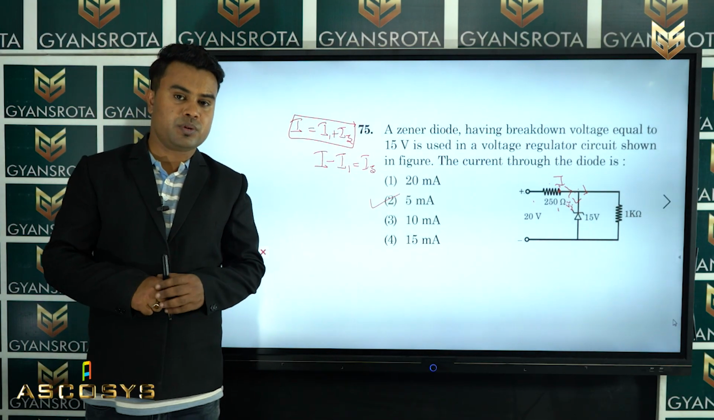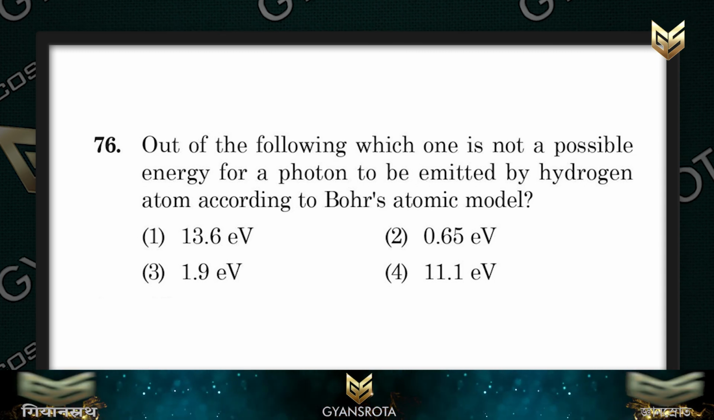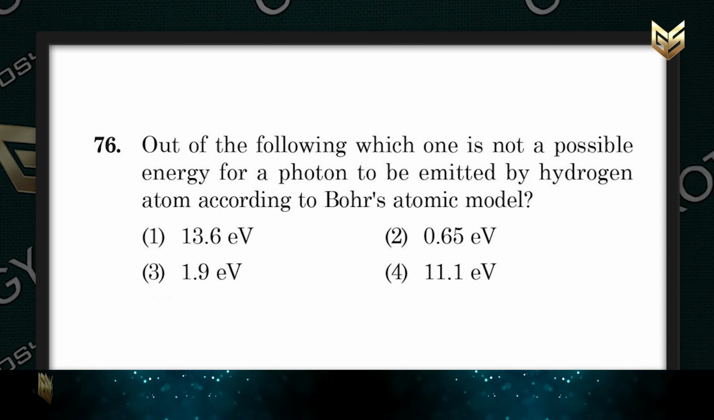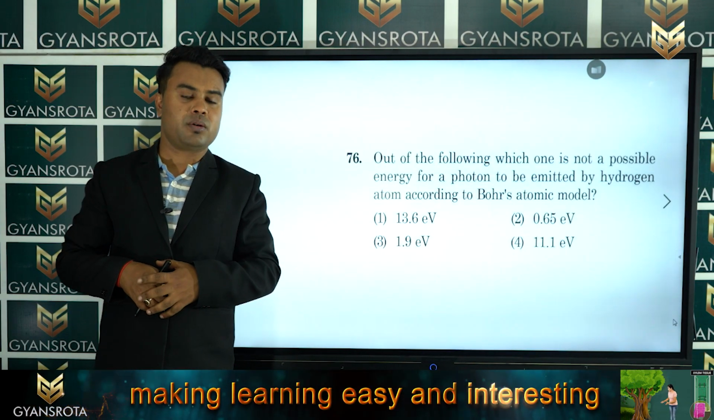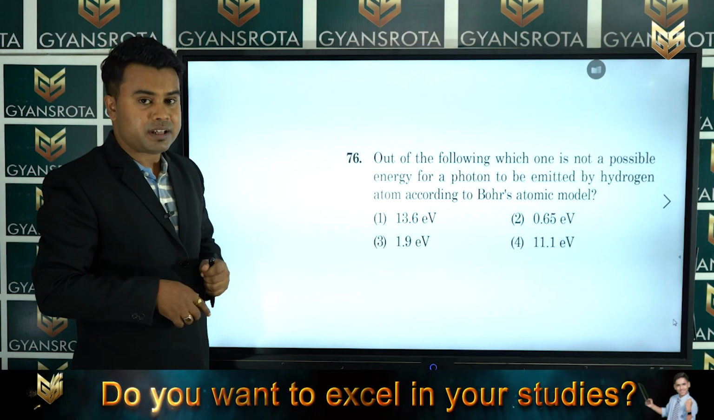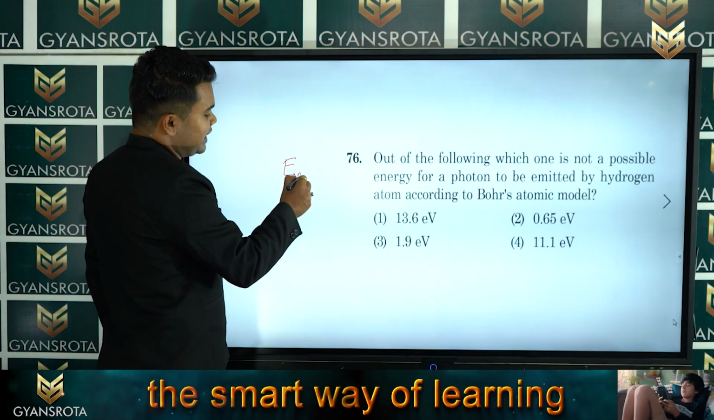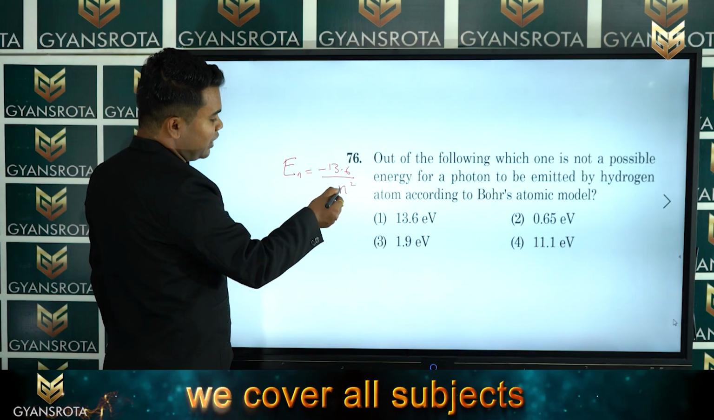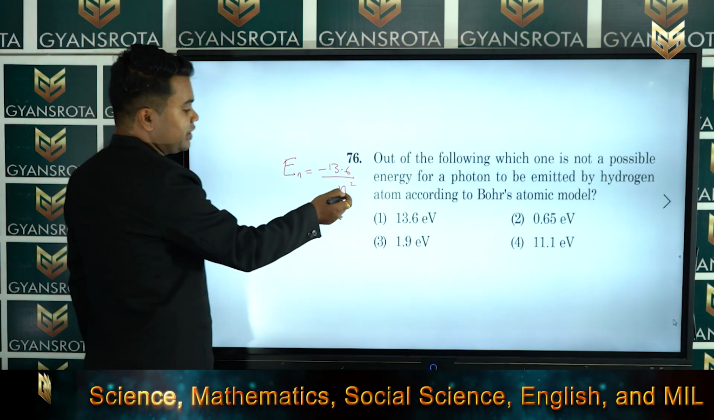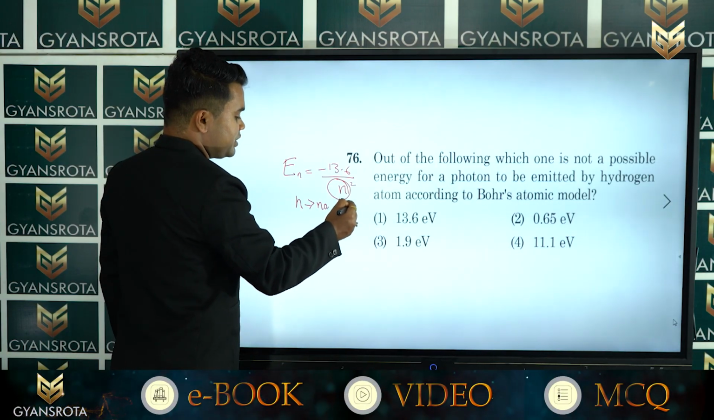Now let us move to the next question, that is question number 76. Out of the following, which one is not a possible energy for a photon to be emitted by a hydrogen atom according to Bohr's atomic model? This question came from the chapter Atoms, and the topic is Bohr model. As we know, the total energy En equals minus 13.6 divided by n square. If you put the values 1, 2, 3, 4 for n, the number of orbits,